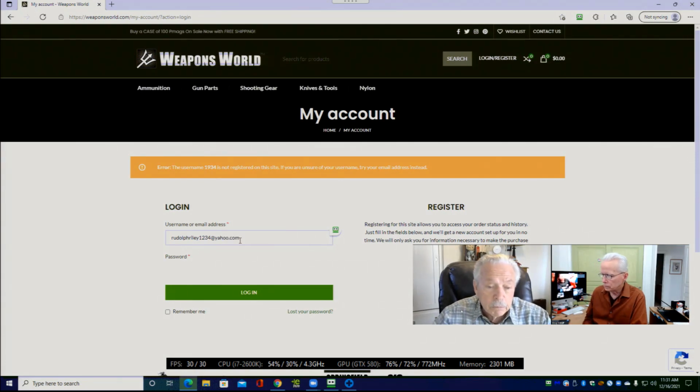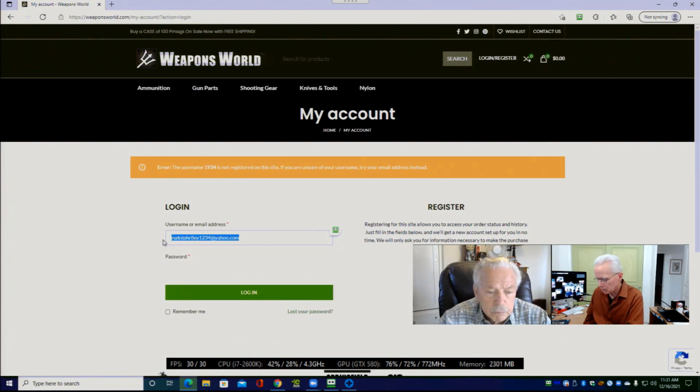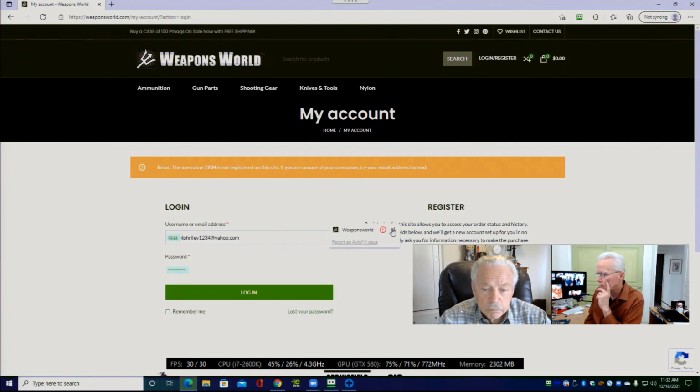There we go. All right, now I'm going to click into the password field, and we don't get a RoboForm icon here, but we have your blinking cursor down here. So I'm going to come up here to the RoboForm, and it looks like it's going to put in both of those again. So before we do that, I'm going to highlight your email address, press Control-C to copy it, so that way I can just paste it if we have to re-enter it.